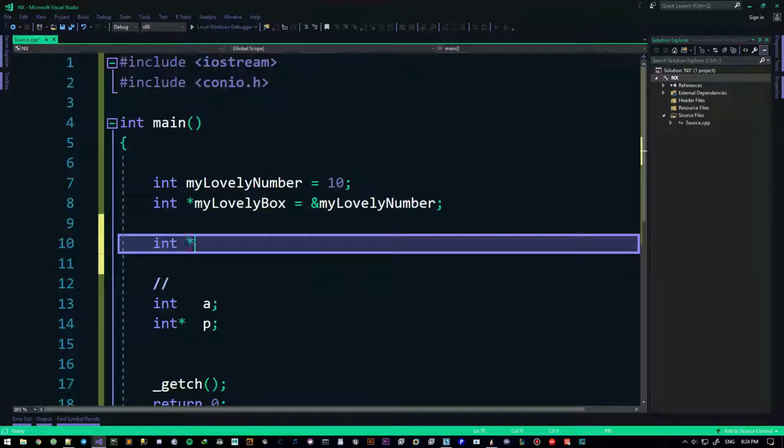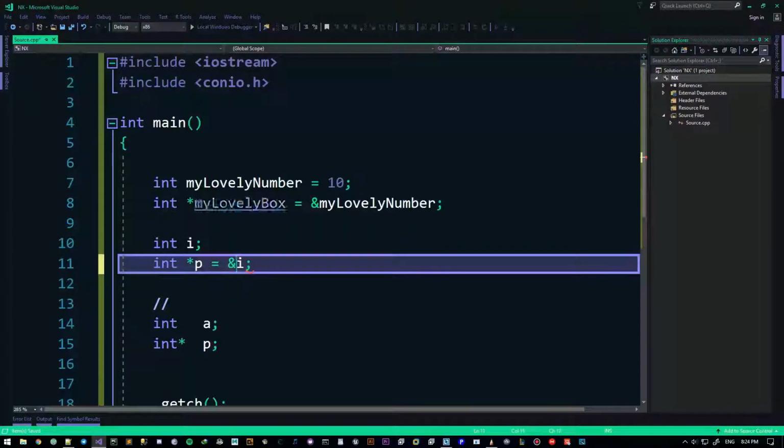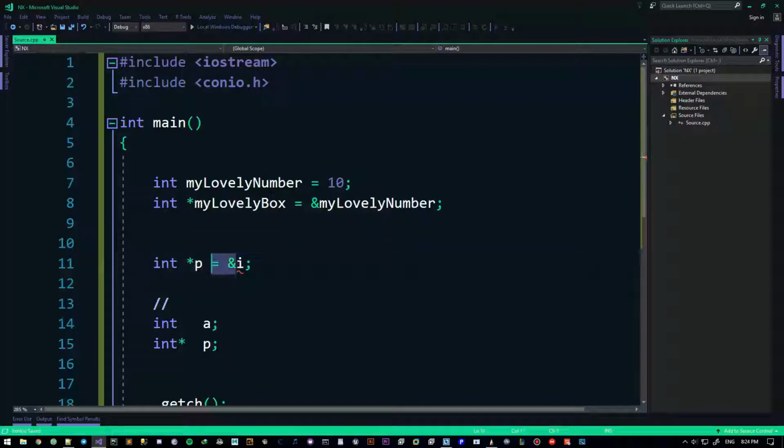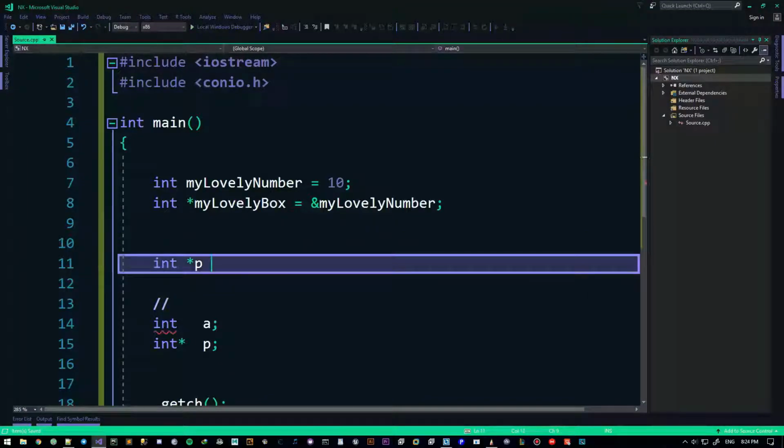You might say, okay, I'm creating an int pointer p, and I'm going to put it to i and, for instance. Yeah, it doesn't really work. Never works. Everything comes before that. Alright, and that's it. So whenever you want to put a pointer to that, it's going to be like that.